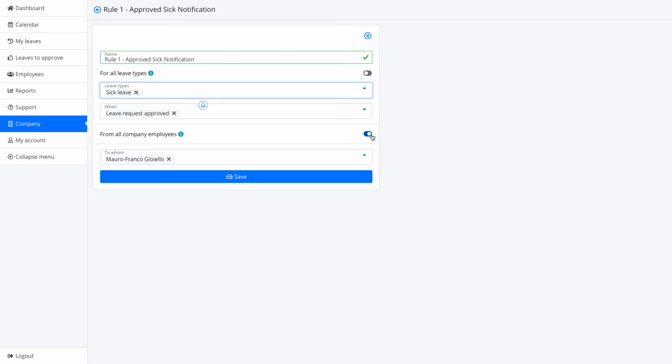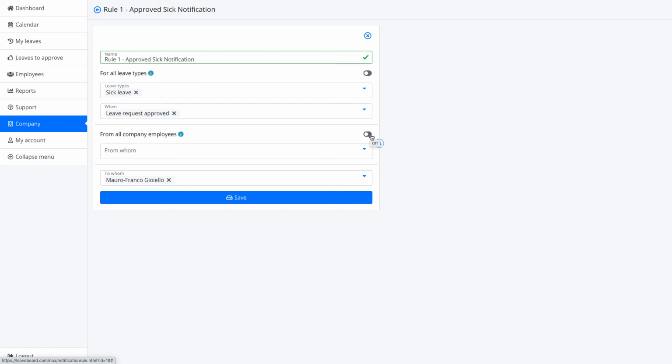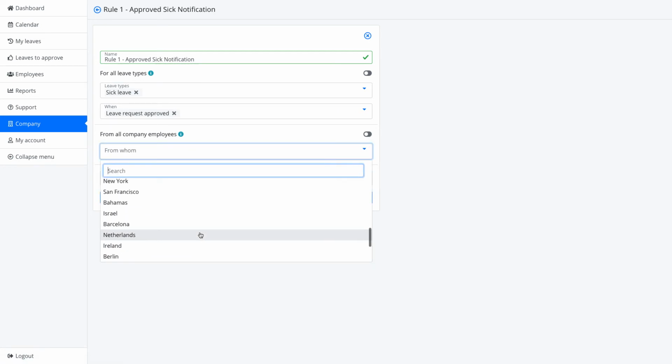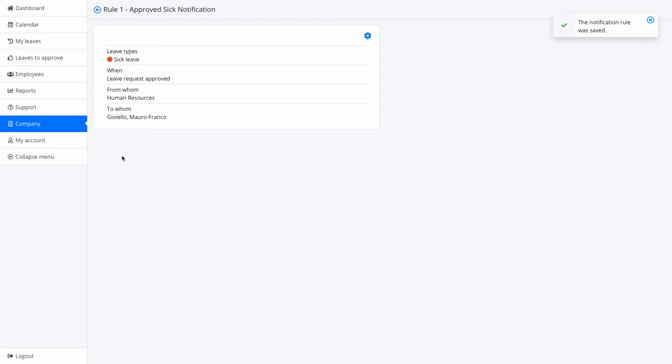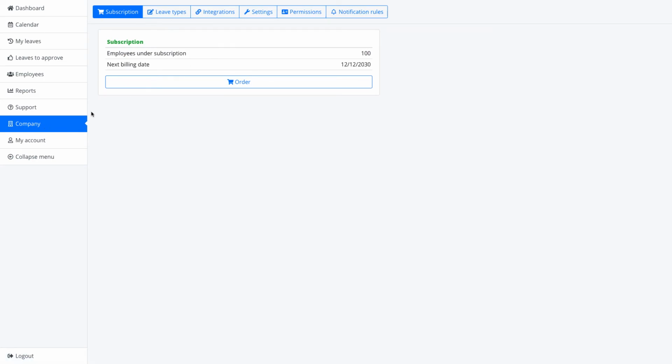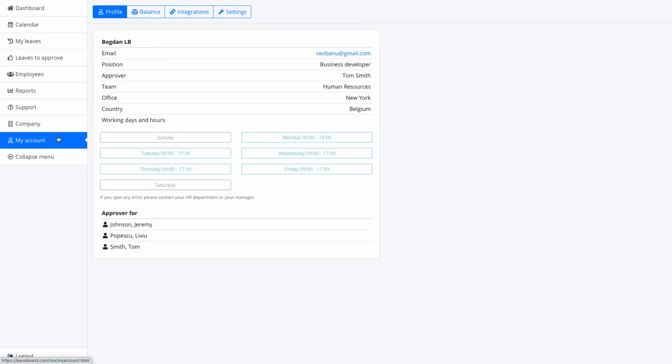For all the employees, yes. If I click no, I can, for example, go for one specific employee or for one specific office or for one specific team, and to whom, meaning who will receive that notification, and I save it. And then we have the my account